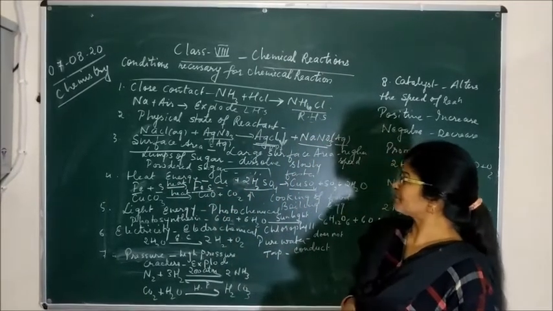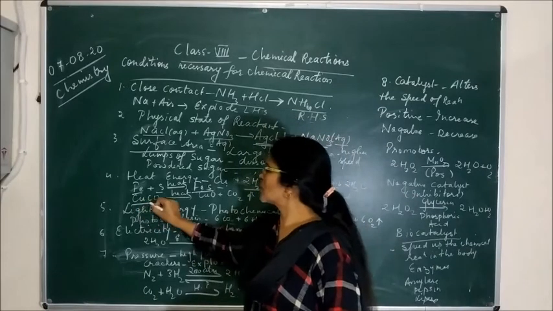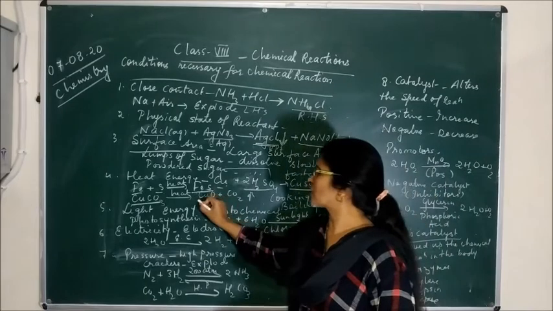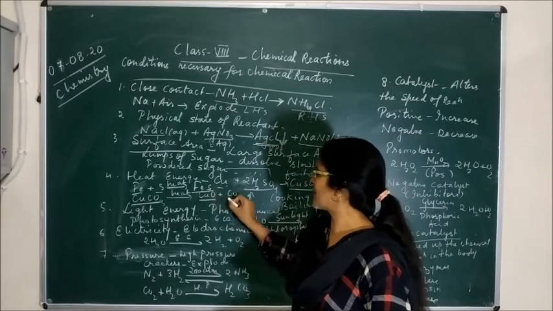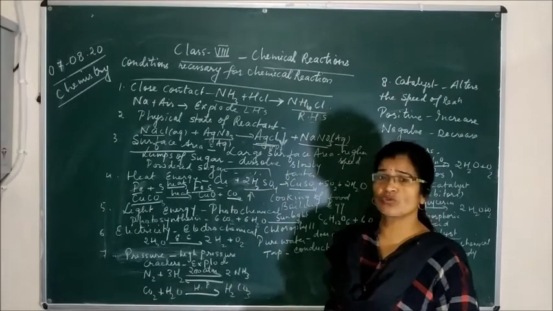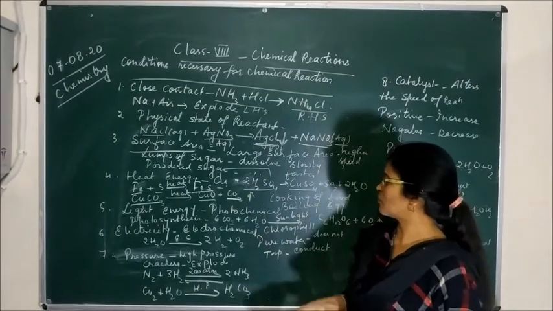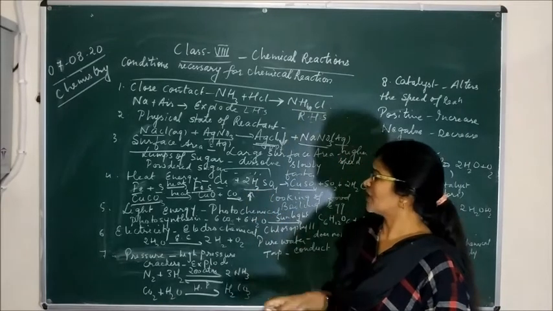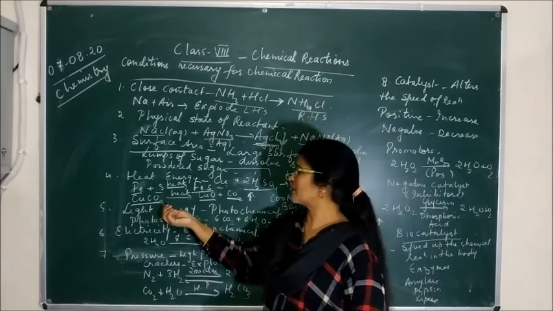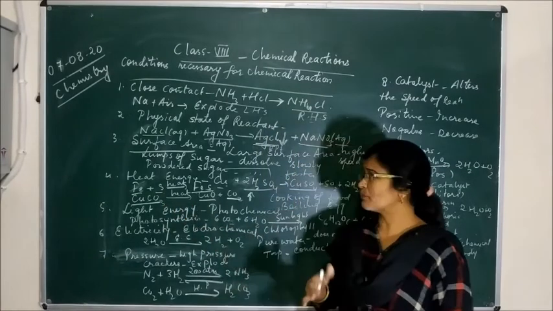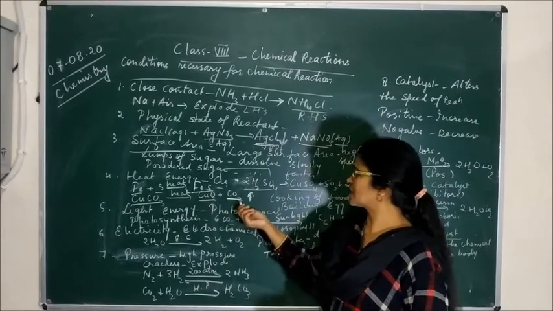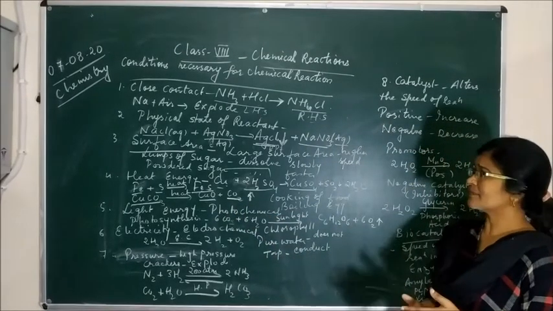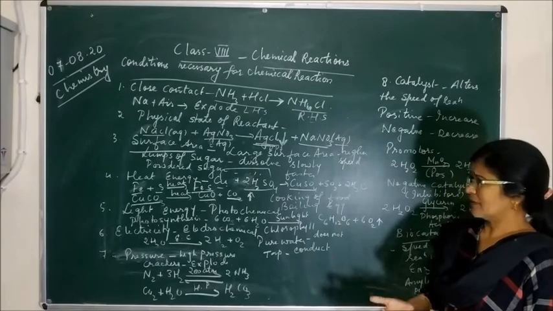In the same way, copper carbonate, CuCO3, when it is heated, forms CuO, that is copper oxide, plus it will break and release CO2 gas, that is carbon dioxide gas, in the atmosphere, and the gas is always indicated by the upward arrow. So here what we see is that the copper carbonate, when it is heated, decomposes into copper oxide as well as carbon dioxide. So here the heat is absorbed, not released.